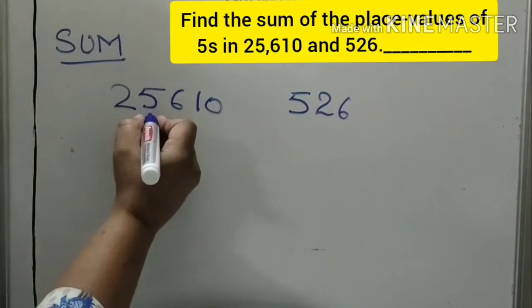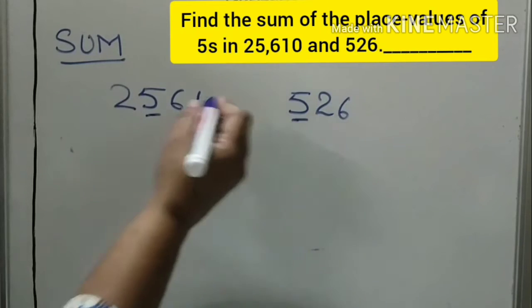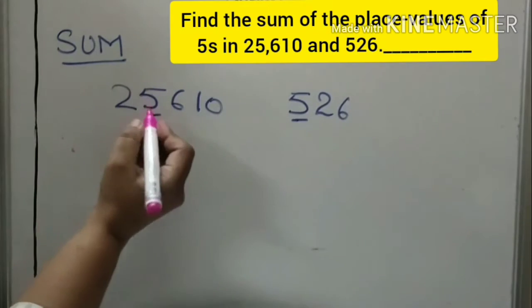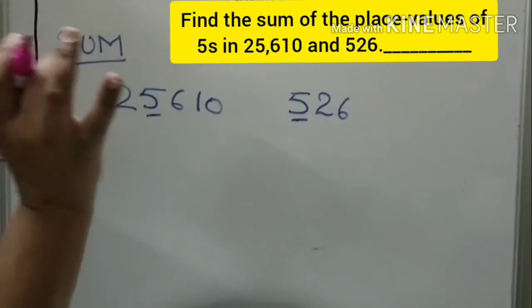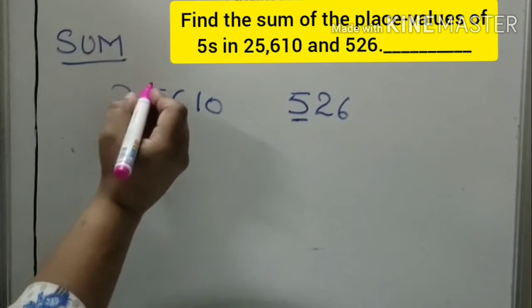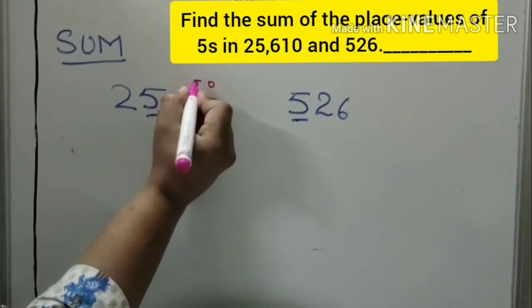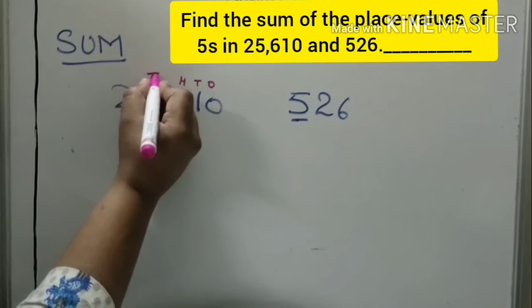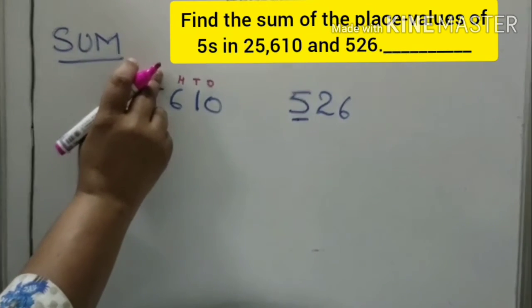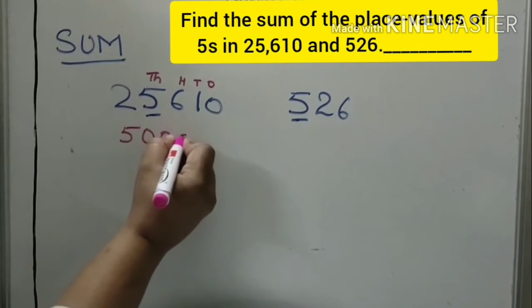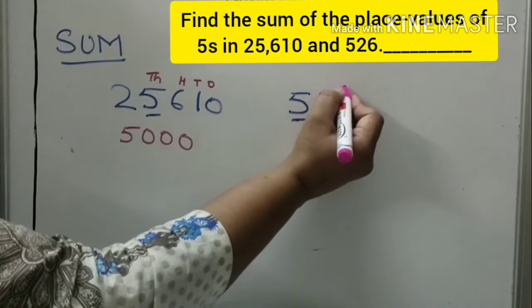Now here we have to find the place value, which we have done in number system, children. Now what is the place value of 5 here? 5 की place value क्या है? कहाँ पे 5 खड़ा हुआ है? Look at the place. कहाँ पे उसका घर है? जगह कहाँ पे है? You can check ones, tens, hundreds, thousand. So 5 stands at 1000 place. तो क्या आएगा? 5000.